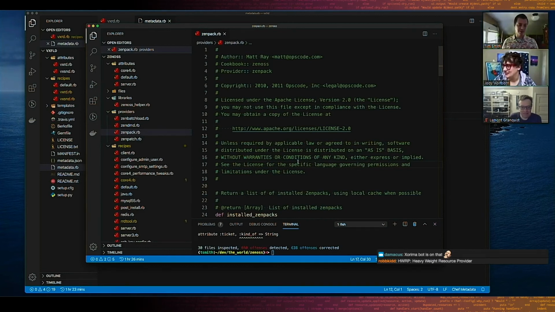One of the big things that I've been trying to add to it is de-HWRPing HWRPs. So taking away all these weird things where people were writing sometimes just for the sake of doing it, writing pure Ruby when they didn't need to, and turning it more into using what we've provided you, using the DSL, using things like resource name and provides, and using properties.